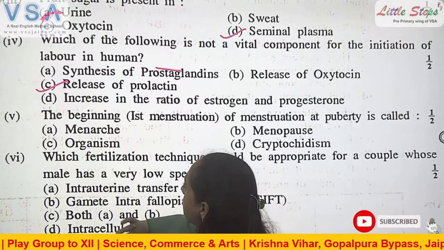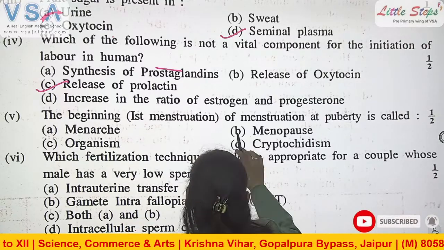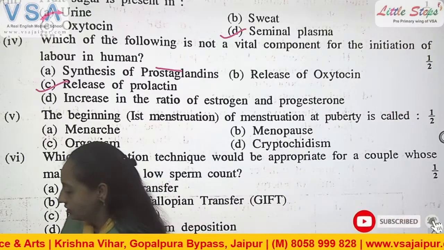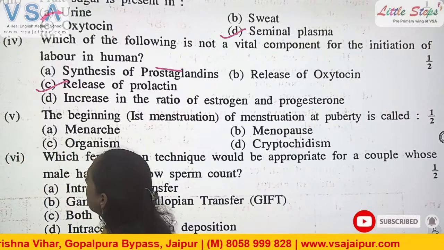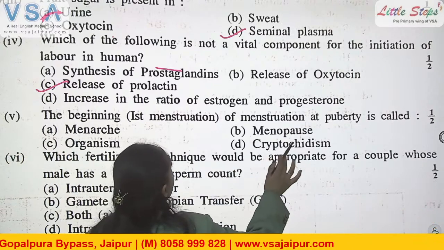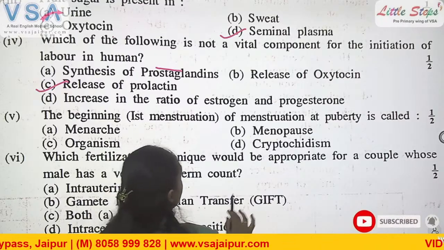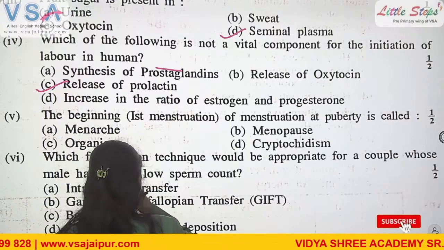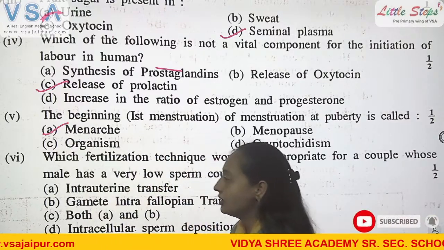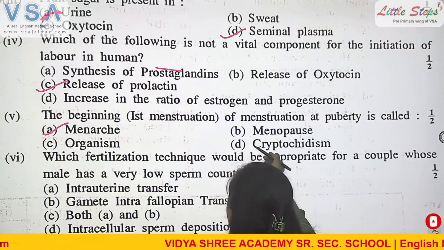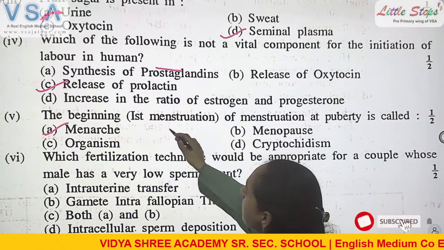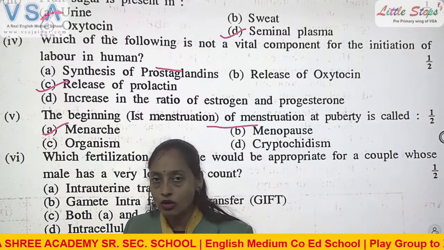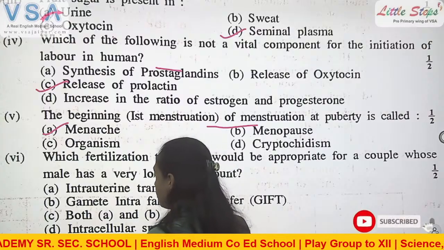The next is, the beginning of first menstruation at puberty is called menarche, menopause, organism or cryptorchidism. So what is the right answer? The right answer is menarche. Okay, the beginning of puberty maturation is called menarche, and the end is called menopause. Now the next is,